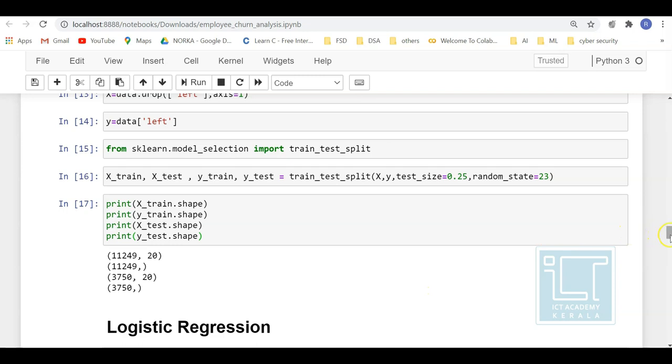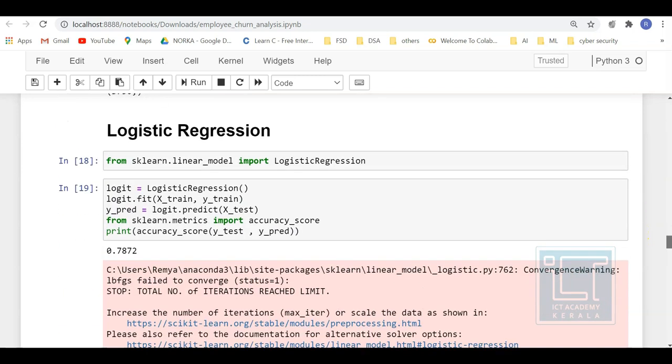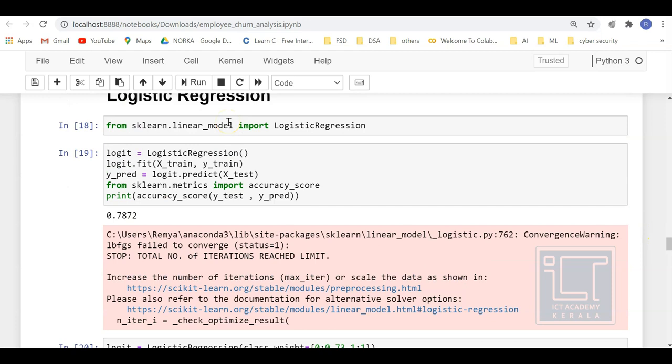The first one I am going to try is logistic regression. For using logistic regression, you have to import the LogisticRegression module from sklearn.linear_model. Then you can fit the logistic regression model to the training data set.